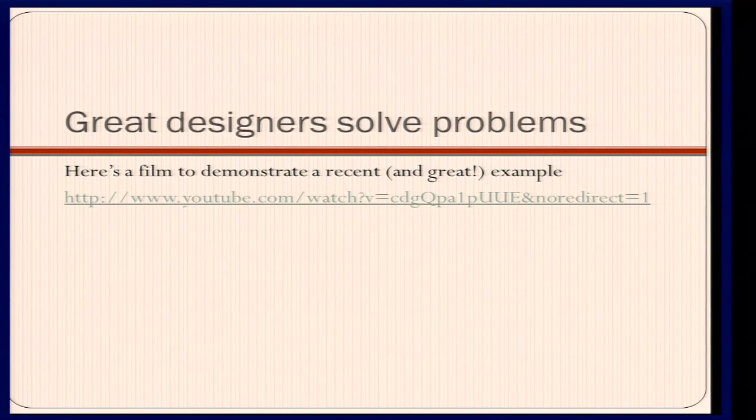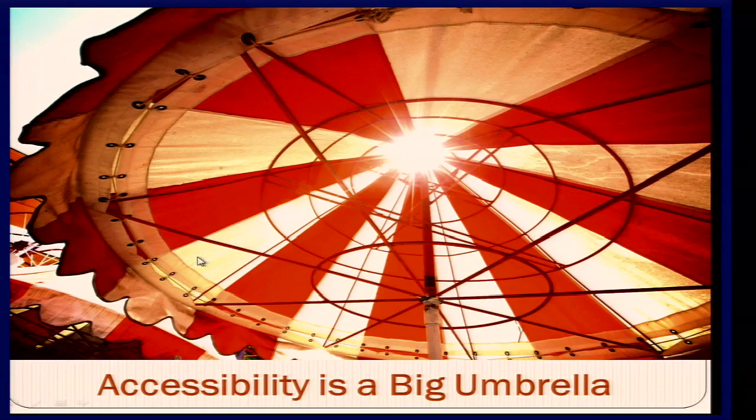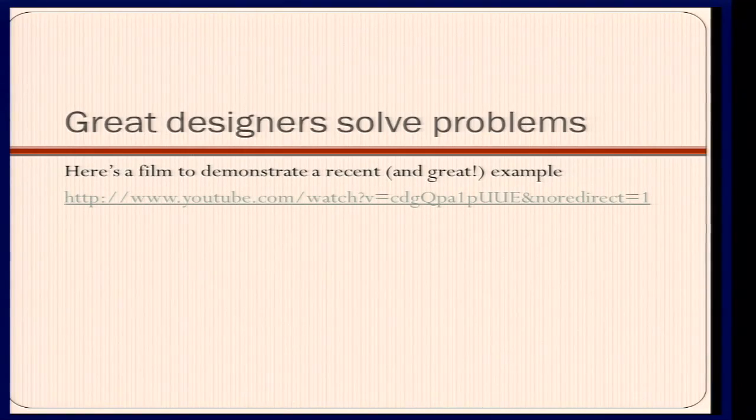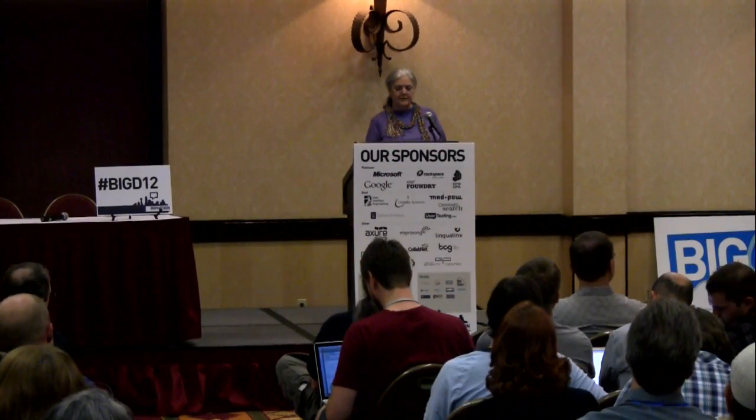In sum, as I said, I'm really honored to be here. I'm honored to be talking to all of you, because it's so clear to me that great design solves problems for not just people with disabilities, but for all of us, which, I mean, we all occur somewhere on that spectrum of ability and disability. And I wanted to demonstrate, because last night at the end, Jay told me there was going to be a film festival, and so I thought, well, I'll find a little film to end with.